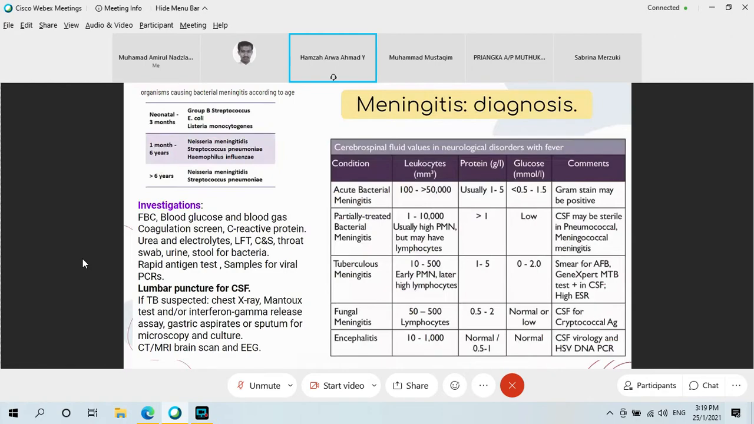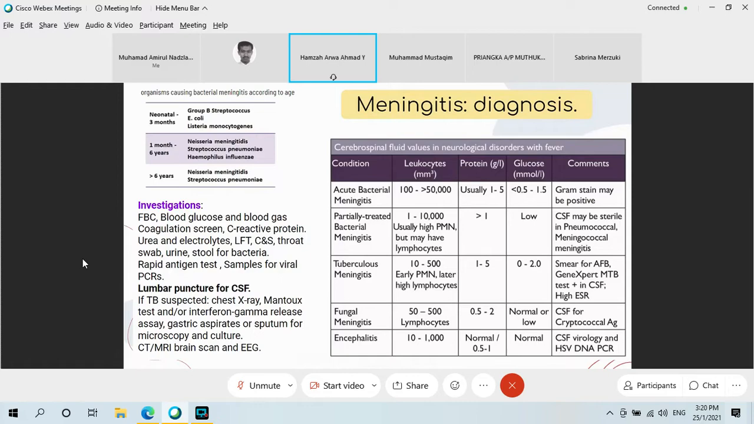So now we have how to diagnose meningitis. Here in the small table we have the organisms that might cause bacterial meningitis according to age. From neonatal to 3 months, it is likely to be group B Streptococcus, E. coli, and Listeria monocytogenes. Listeria monocytogenes appears in food-borne sources, dairy products, processed meat, uncooked vegetables,